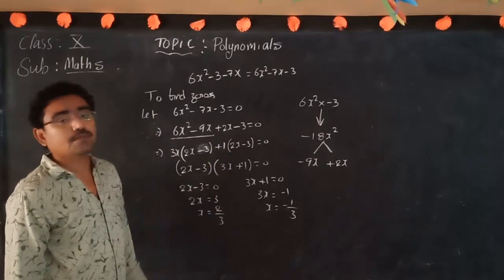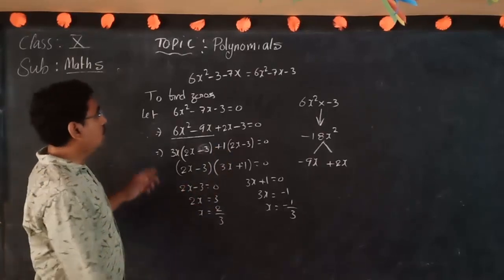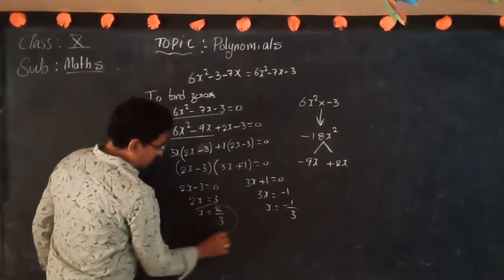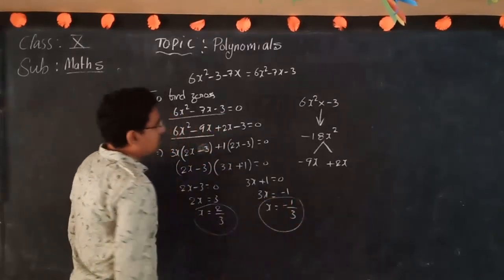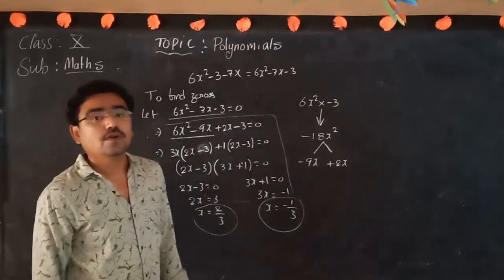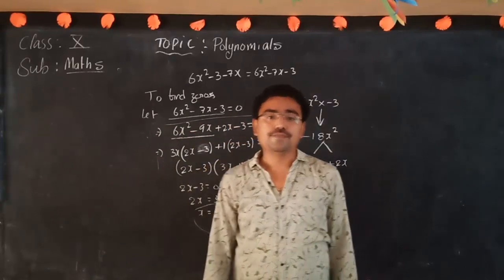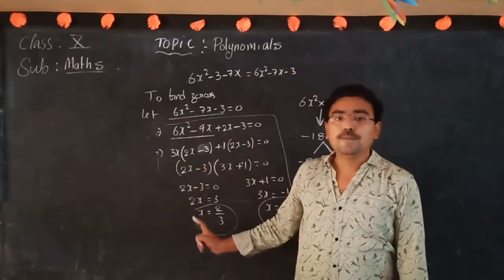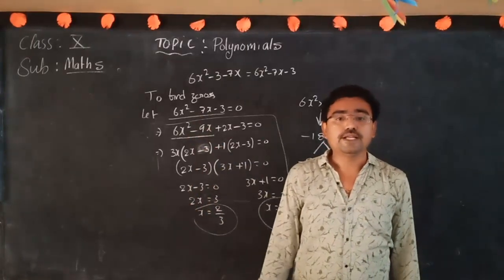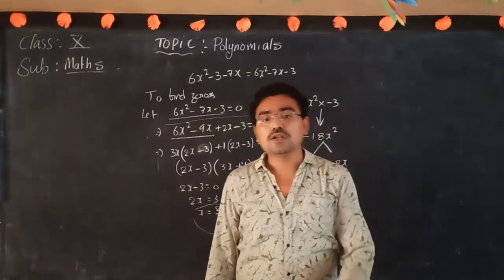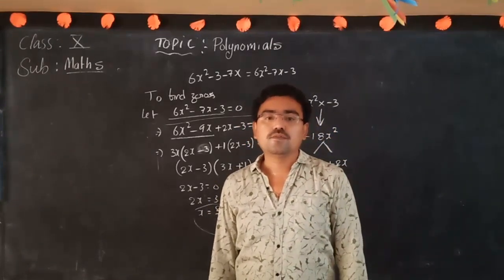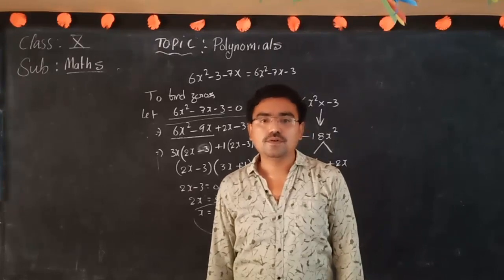In your textbook, they directly give the answers, directly give the zeros, but we should do it in lines. The problem should be done in steps. So don't write direct answers from the PDF. We should write the step by step process to get the zeros of the quadratic polynomial. When we know the zeros, we can easily make the relation between the zeros as well as the coefficients of the given quadratic polynomial. Okay, thank you.